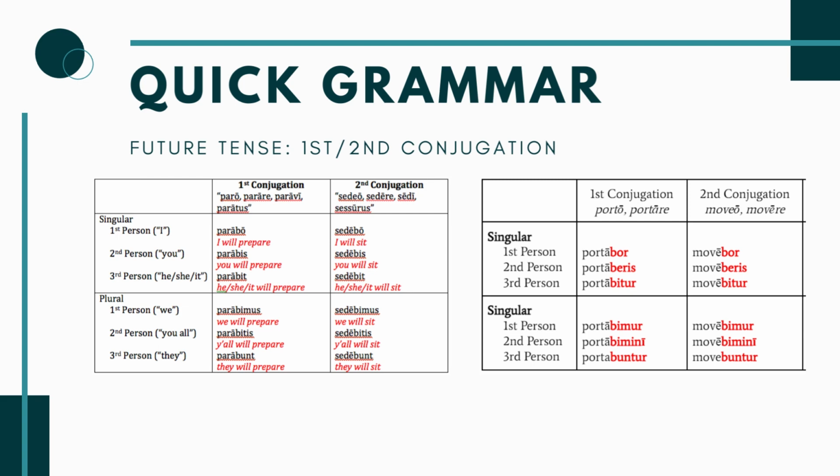And on the right-hand side, you have the passive voice version. So if you had portare, to carry, you'd say portabor, portaberis, portabitur, right? Just going down the line, you're adding the r, ris, tur, and so on endings. So you're changing it from I will carry to I will be carried, and you will be carried. If you use movere, the verb to move, you're saying I will be moved and you will be moved. It's the same idea, you're just in passive voice.